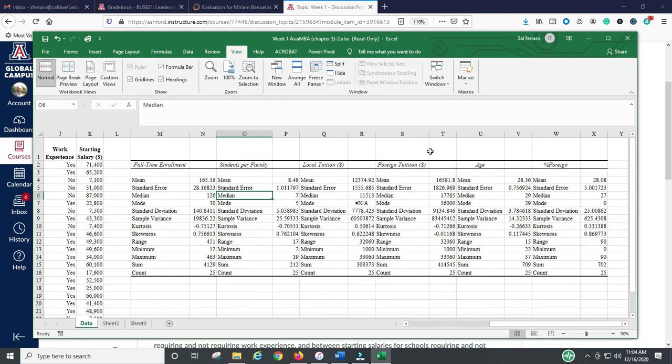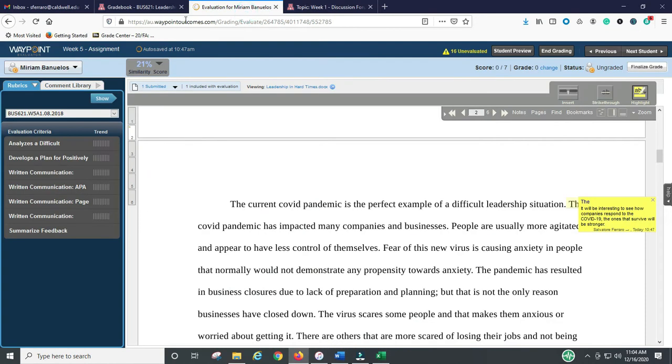And foreign student. So this just gives you an idea. So this is what you're going to discuss in the discussion question. All right? That is pretty much it. Then you're just going to talk about that. So if you look at the discussion question,